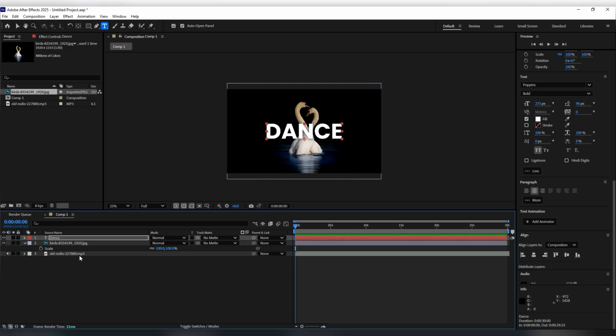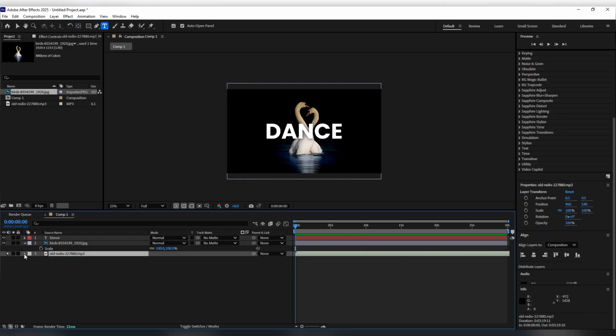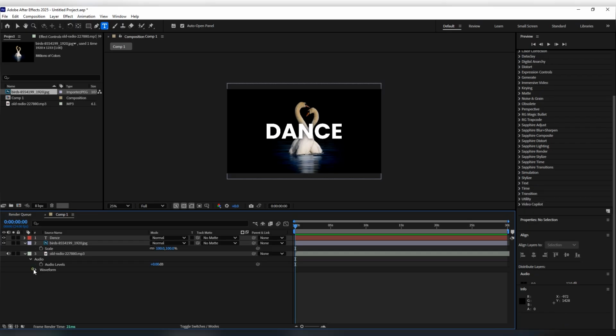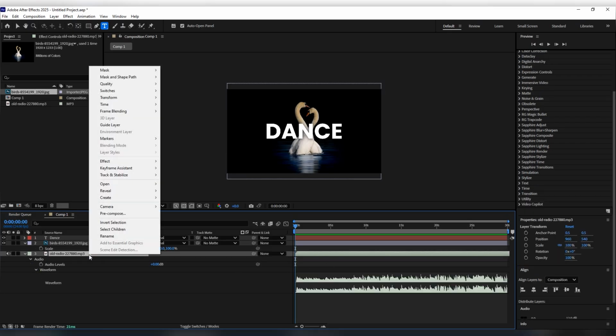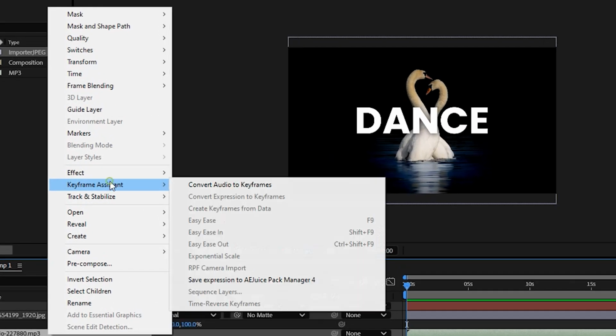So now the task is to convert this audio waves into keyframes. To do that, we need to select this layer, right click, Keyframe Assistant, Convert Audio to Keyframes.